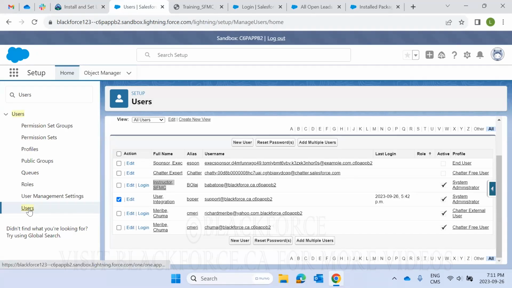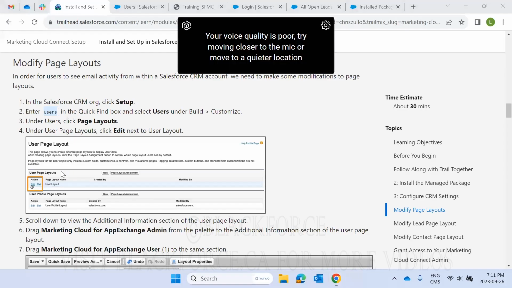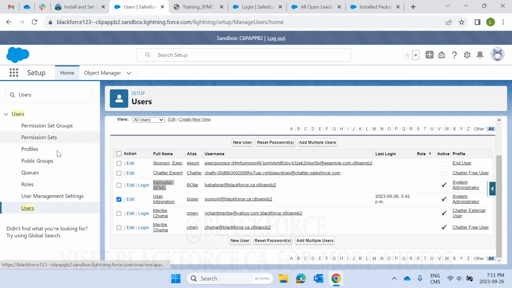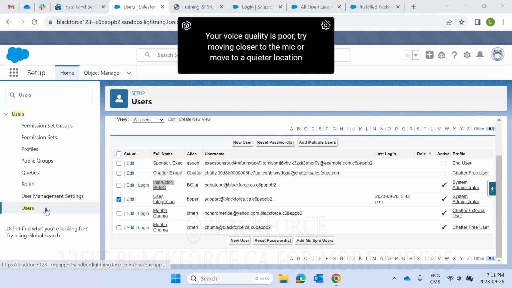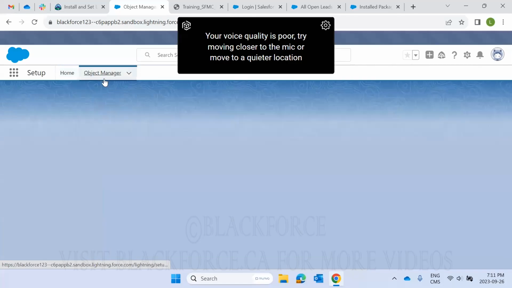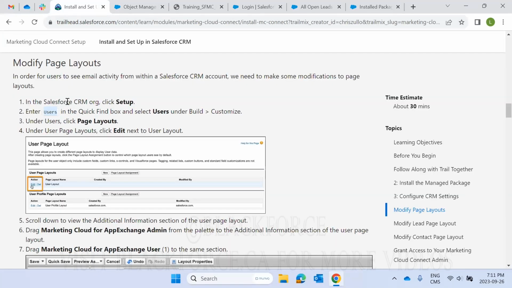So we are on users. Page layout. So sometimes